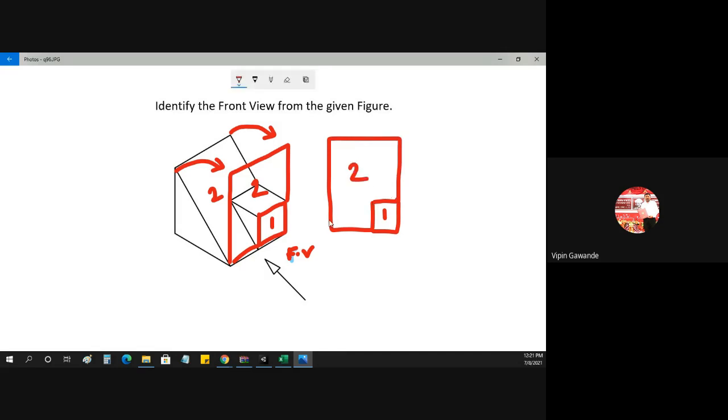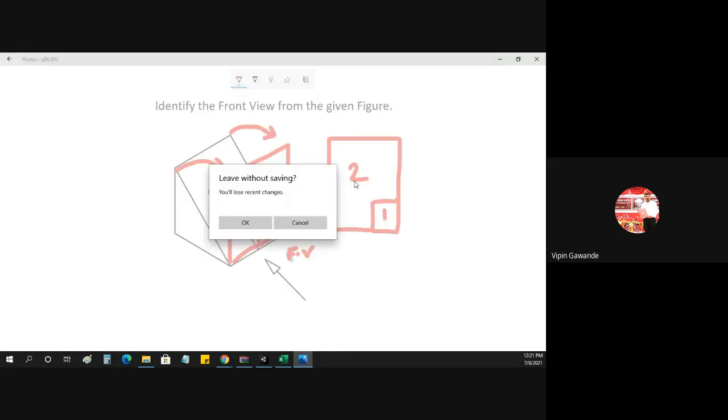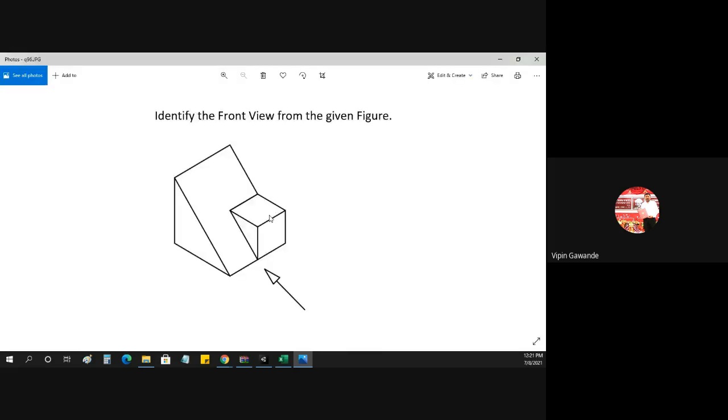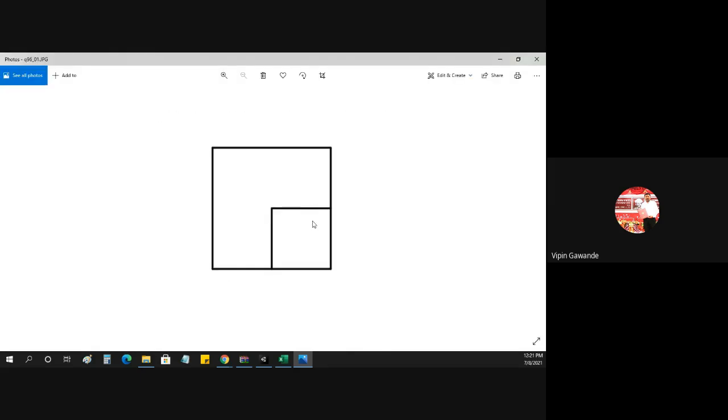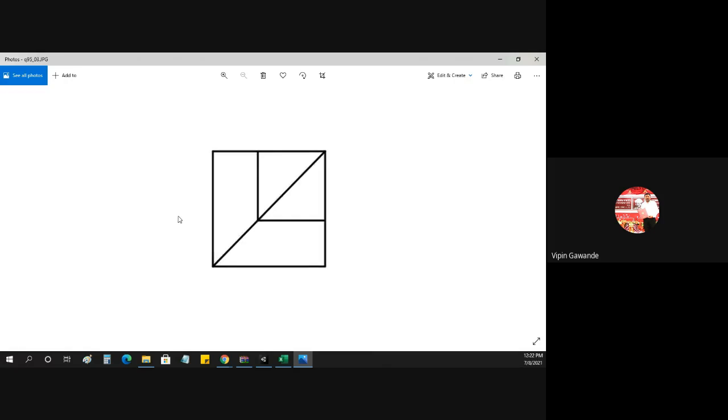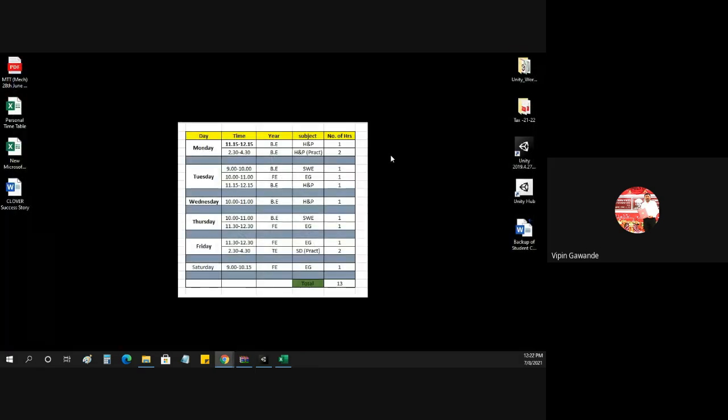Now let us check option 1 and 2. We will get only 2 surfaces, 1 and 2. So yes, this first option is the only correct option. This is not the correct option because this is on the other side. See, we got this square on the right hand side, not on the left hand side. This is not the correct answer. So these are just imaginations, and with this imagination, you can understand the other concepts.